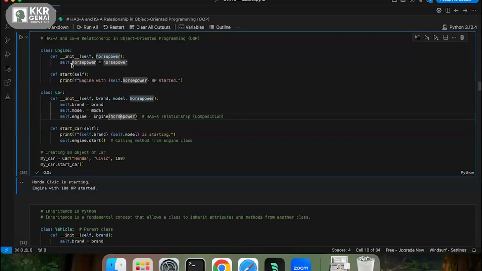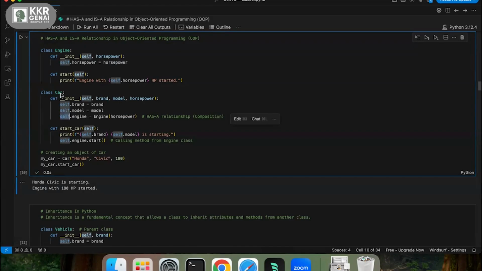Let's say in the engine class I have 15 variables or something like that. As car is having engine, I can get all the methods and all the variables, as I'm creating an instance of the engine class in my car class. I can do that in the underscore underscore init method here. Whenever you are creating an instance, you have to pass all the variables that it is requesting.